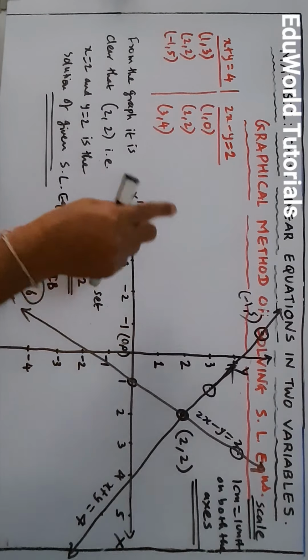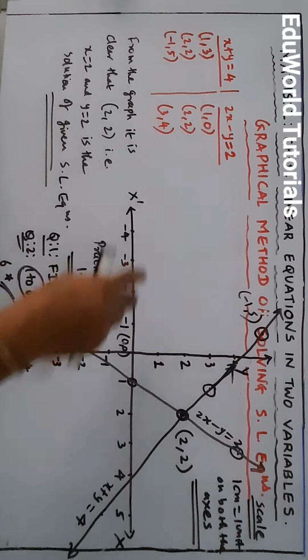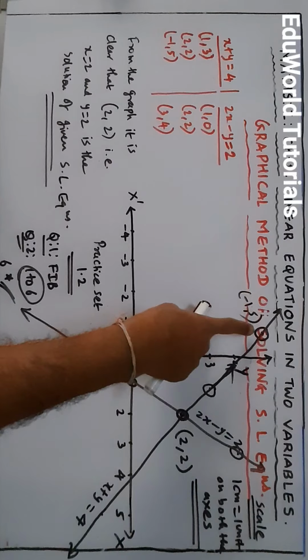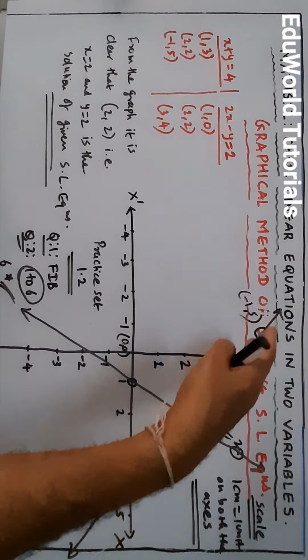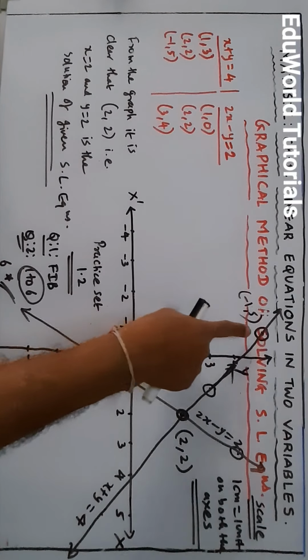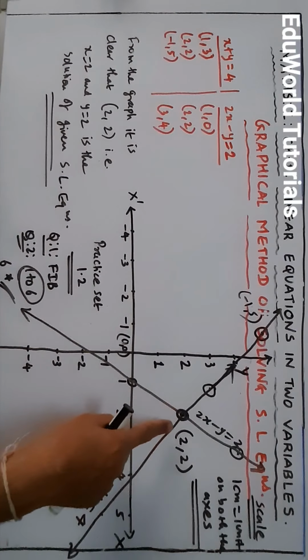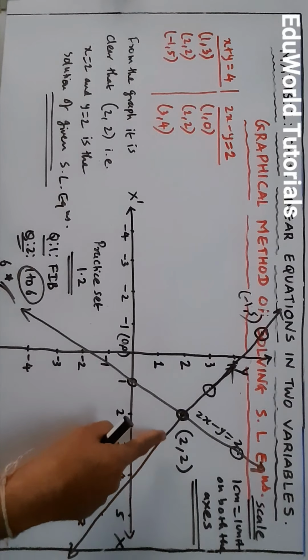In the last lecture, I had wrongly plotted this point minus 1, 5 in the fourth quadrant, but actually it should lie in the second quadrant, that is here, minus 1, 5. And fortunately the graph of the line remains the same. Why? Because the point minus 1, 5, which lies in the second quadrant, lies on the same line, that is x plus y equal to 4. So the answer does not change, it remains the same. Only this mistake was there, so please correct.